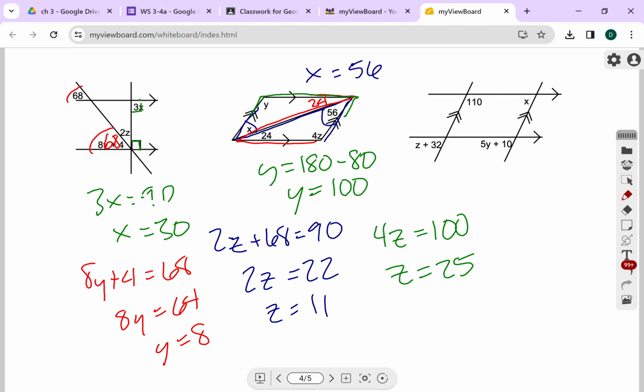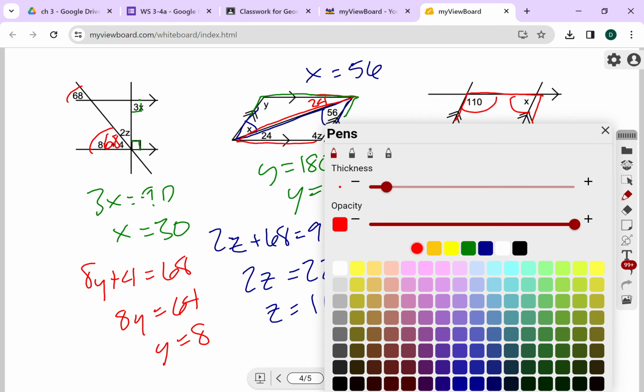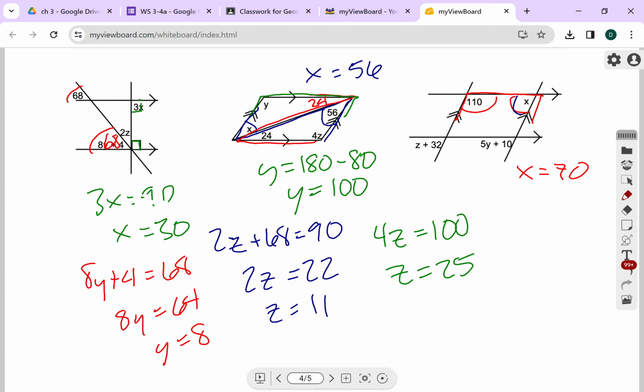Again, next one. If I look at this last figure over here, these two angles should be same side interior. That makes them supplementary. So x equals 70 because you got to add those to get 180. Right? Otherwise, now all the angles that I can see are corresponding to x, because no matter if I'm looking at these two parallel lines and transversal, these two parallel lines transversal, all of those are in corresponding positions. So from here on out, I'm just saying everything equals 70. So z plus 32 equals 70. Z equals